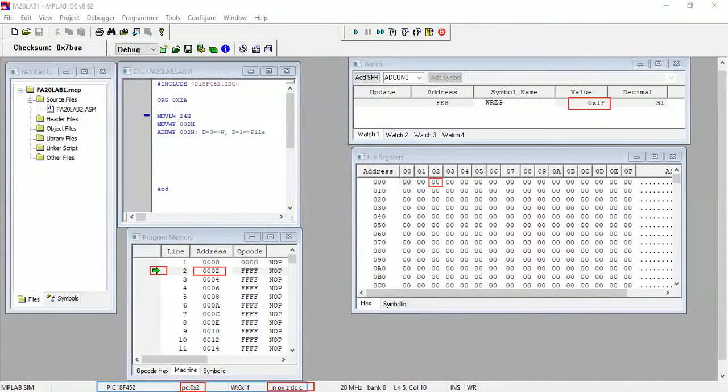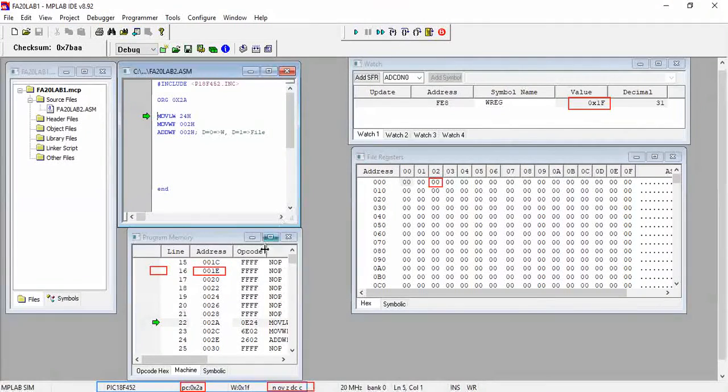Look, 02 hex. I hope this is clear. And now if we go next, look, the arrow has moved, it is 04 now, and PC is equal to 04 hex, right? So we will be going up to 2A hex. That's this thing we have already cleared in the last lab, and we will be moving to 1A. Okay, let's do 6 to 8.